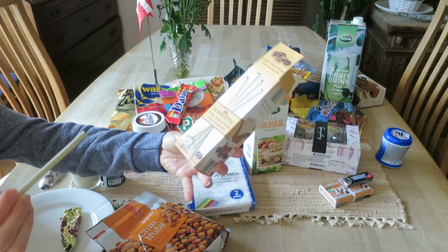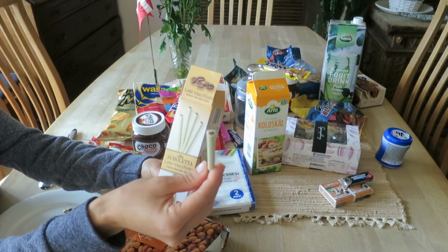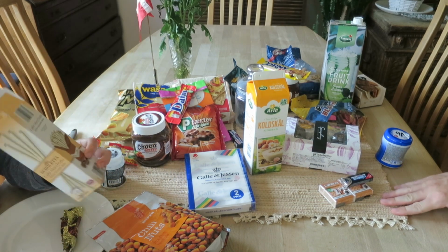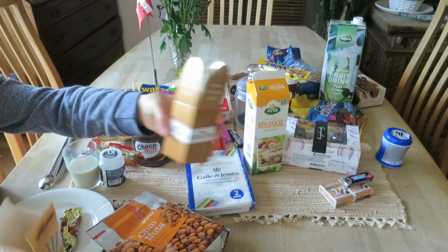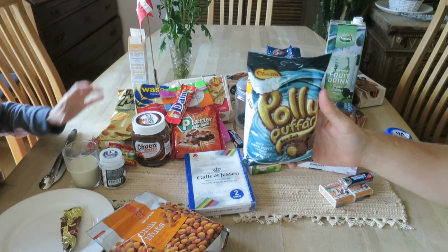I got these because I thought they were going to be more like a Pocky, but this is straight chocolate. Coffee on the inside. Really good chocolate. And the packaging is cool. Deluxe complimentary gift box. Next we have...